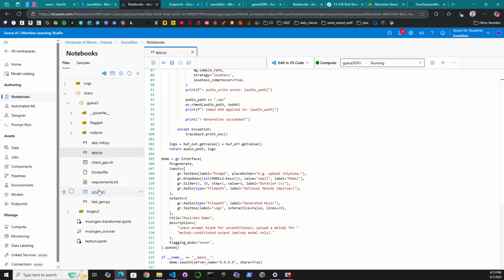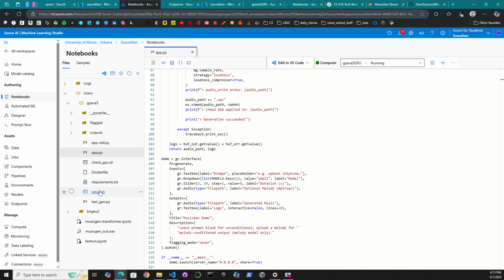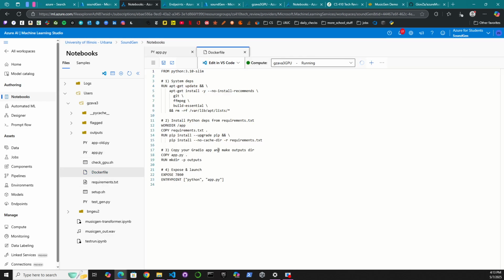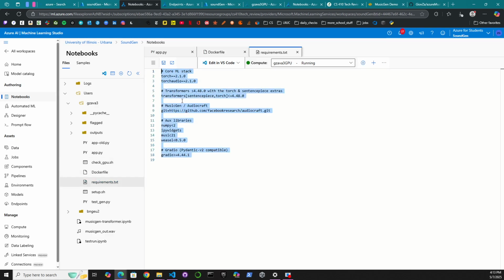All of these scripts and files are in our repo, which we linked in the report. So within these notebooks, we mainly created this app in app.py. Others were used for testing aside from Docker and requirements. This Docker file creates an environment with the requirements that has the necessary Python modules, and within that we were